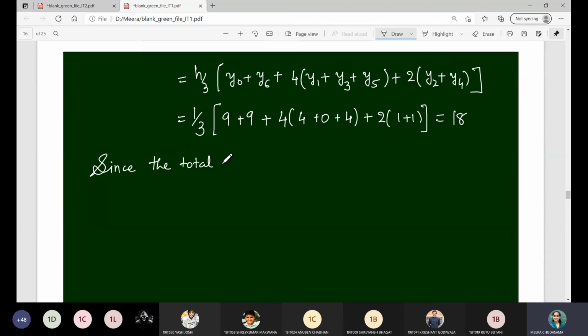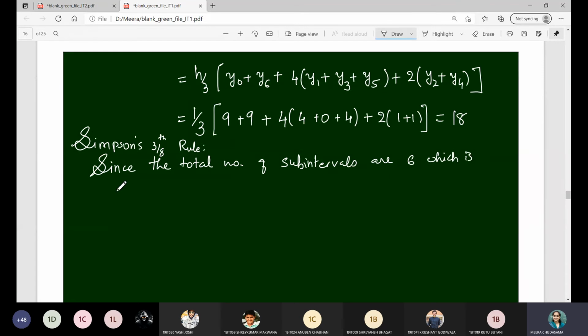So now we are going to apply Simpson's 3/8 rule, right? Let me give you the title. Simpson's 3/8 rule. So I can write, since the total number of subintervals are 6, which is multiple of 3, Simpson's 3/8 rule is applicable,